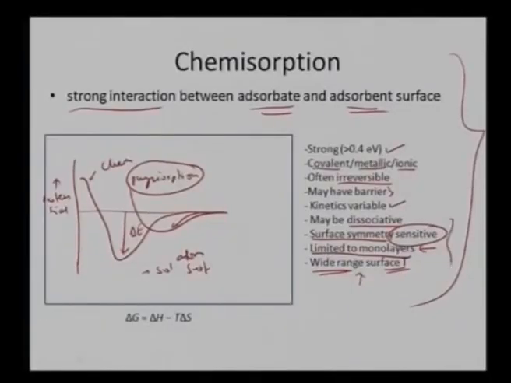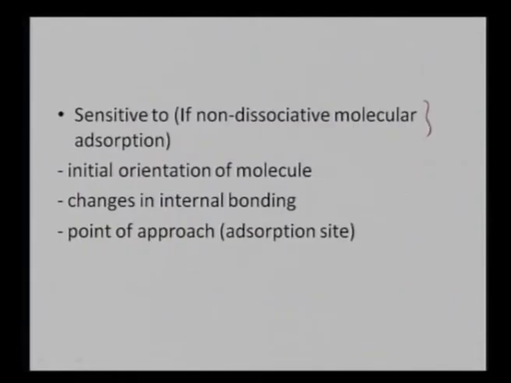It is limited to the surface only, but at the same time it tends to form only monolayers, because once a monolayer is formed, there is no freely available surface to react with the adsorbate further. So in that manner, it tends to form a monolayer only. But it can occur in a variety of temperatures, because even physisorption can lead to chemisorption, and even at high temperature the kinetics factor comes into play, and then again that can lead to some formation of chemical bonds, and then it can release its energy to make the system much more stable. So we can see that it is sensitive to the